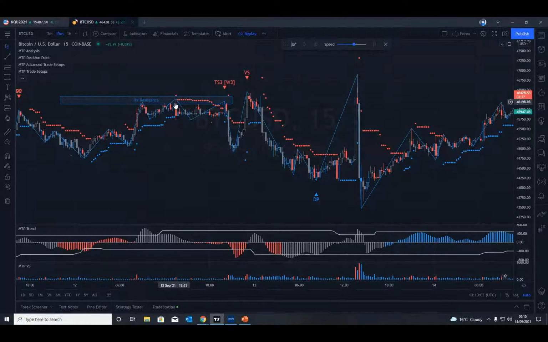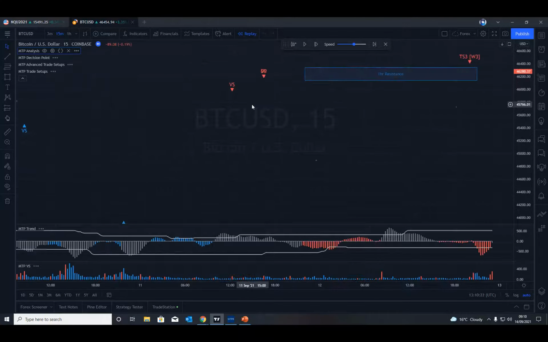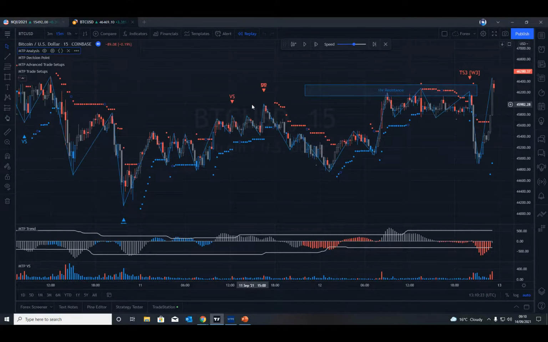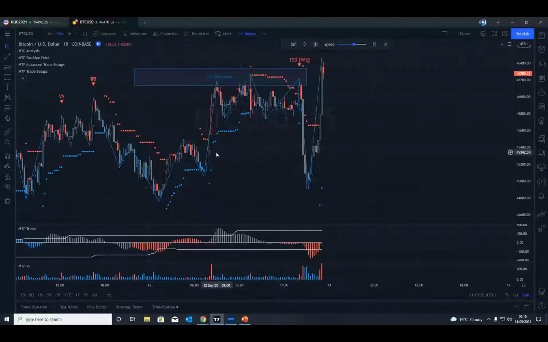But anyway, can you see what's happening here? Basically, the market came into our higher time frame resistance. It then started to back off a bit and then made a correction up into where a sell was here. I'll just try the training mode again and see whether that does actually like it. So just try it again. Sort of worked, didn't it? So this is what we're looking for.